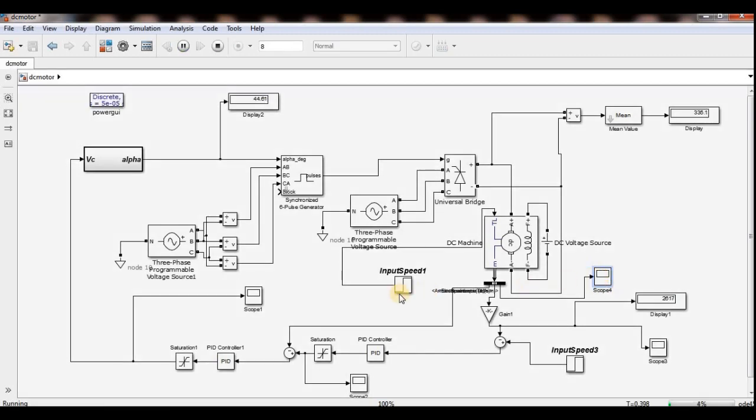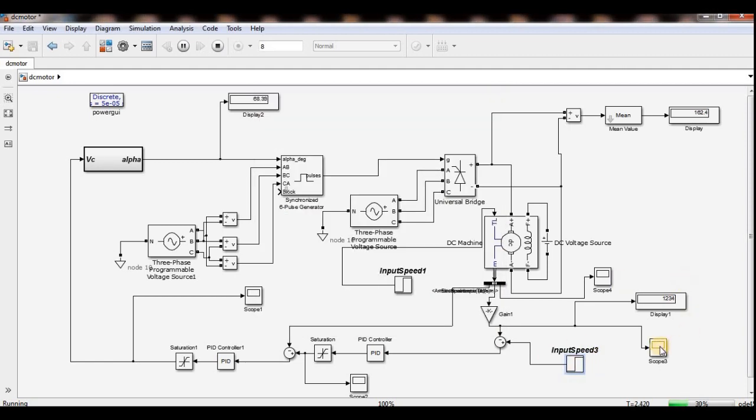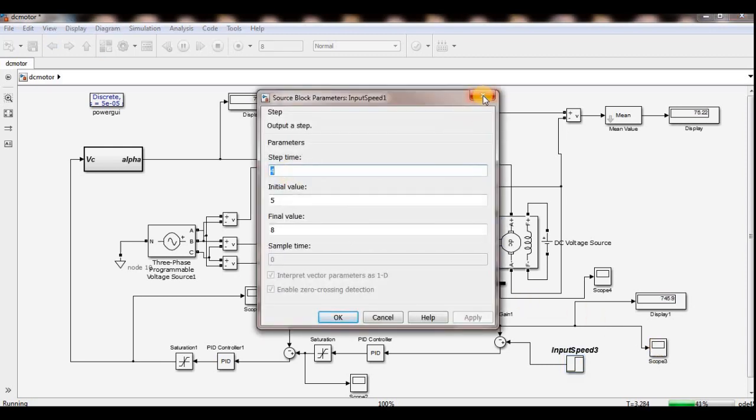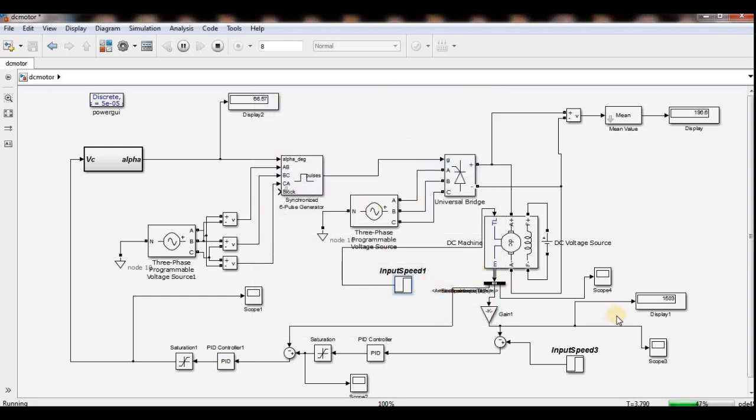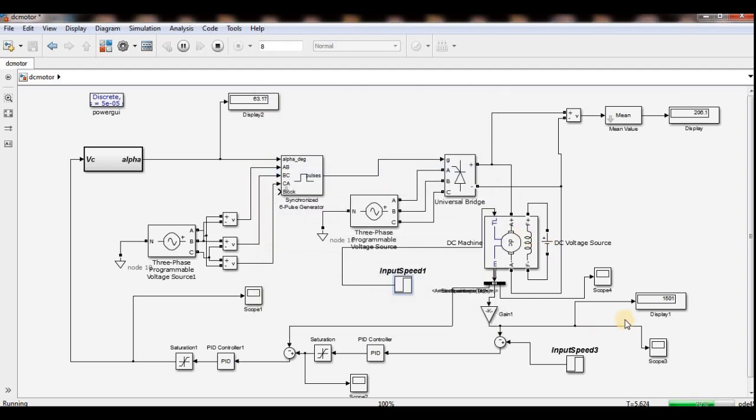So see, initially my load torque is 5, and after that I changed the load torque to 8, but my speed reference is still 1500. So I require 1500 rpm before 4 seconds and after 4 seconds also. Whatever my torque may be, the speed should not change. The speed should be constant with respect to the torque. But at the time of changing the torque, the speed will vary a little bit, and again it will settle, because it is a two-sided controller, with armature voltage as well as armature current.